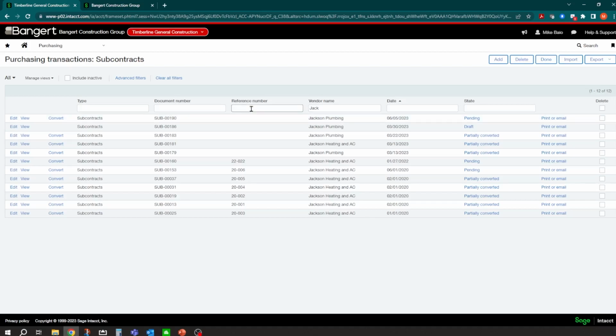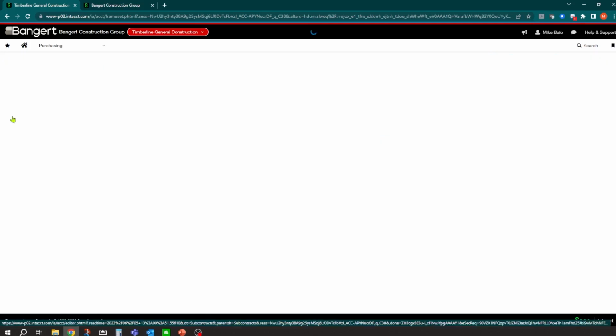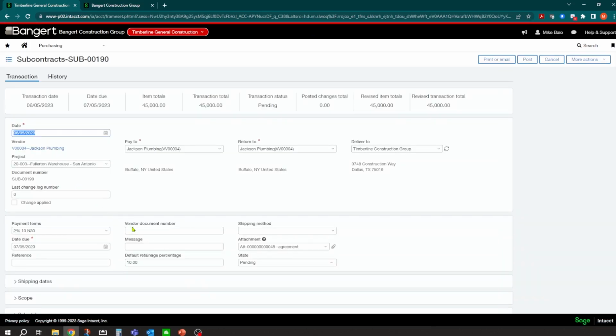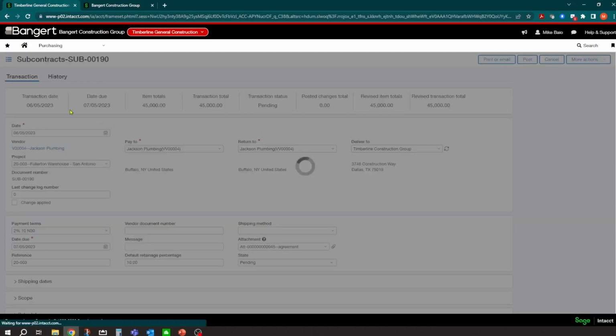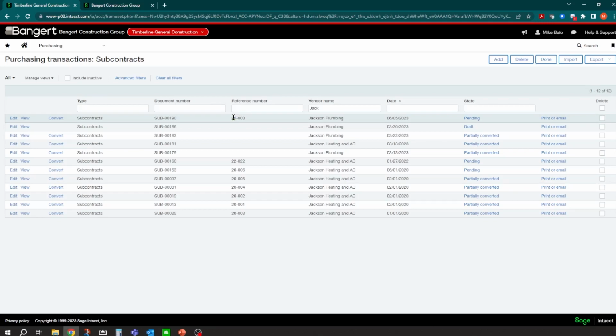One of the things I didn't do, if you notice here, and we could add the project field on here as well, but this one by default uses the reference number here. So what I usually recommend is you come into here, back into the subcontract document, and there's a reference field here. So what you could do is put in the job number right there as well. And then it's just an easy way to have it on the list for you. So now you can see it right here. So if you see the invoices for that project or that subcontract document number, you can come right into here.